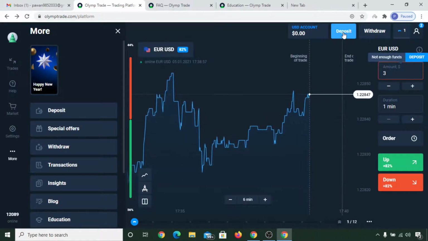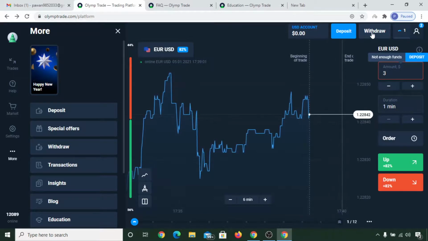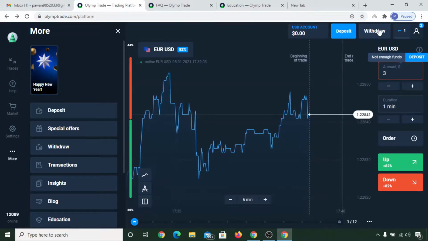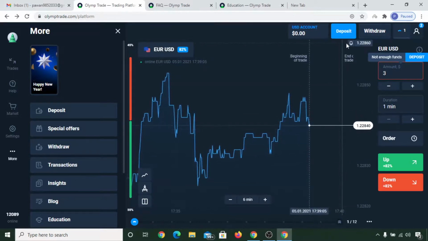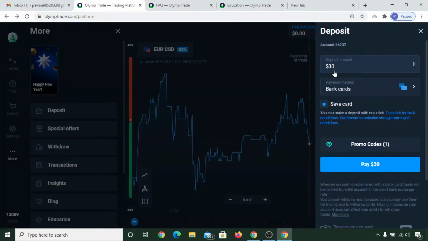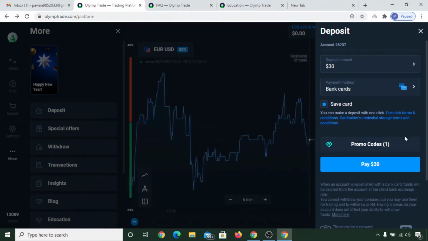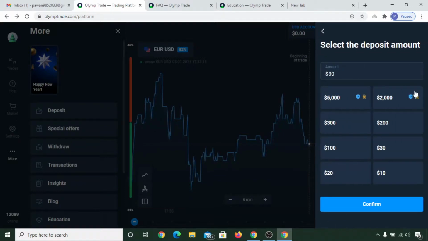If you are thinking to, you can simply withdraw funds once your account is fully verified. You can simply click on withdraw and withdraw your real funds from here, or you can click on deposit and make some deposit. Okay, and you will also get a 100% bonus.